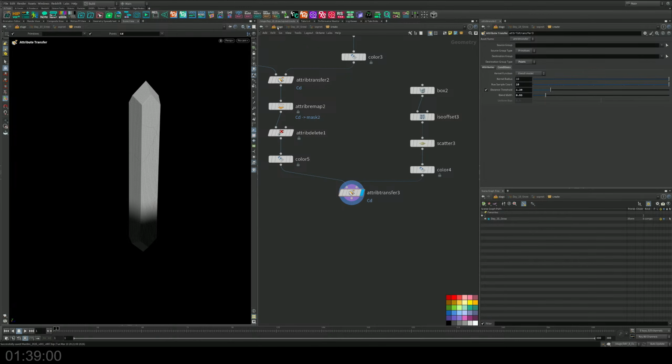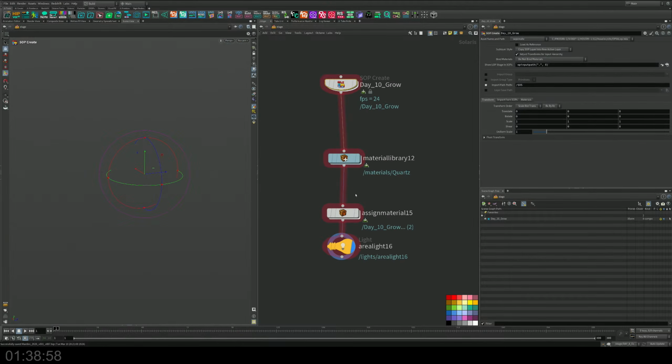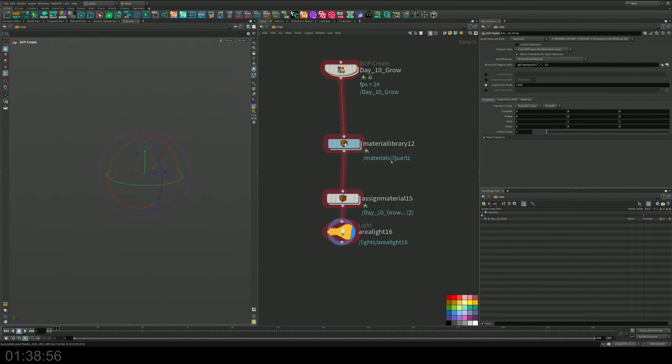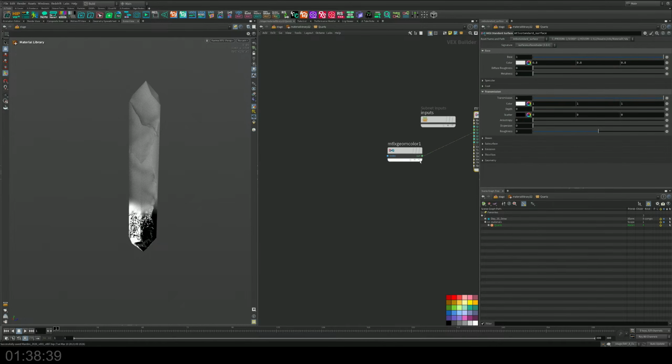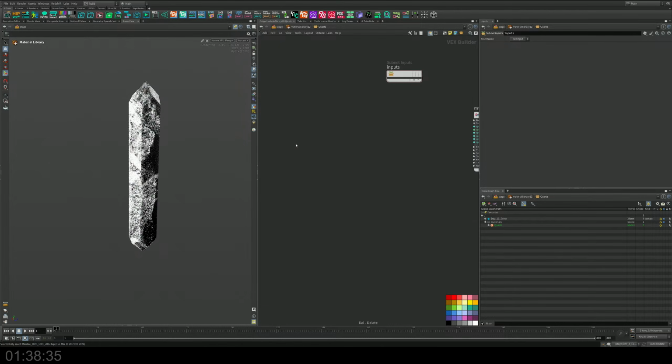Go back. And let's take a look at the render. All right, we got some weird stuff going on. Let's fix that. We have geometry color, so let's instead use,